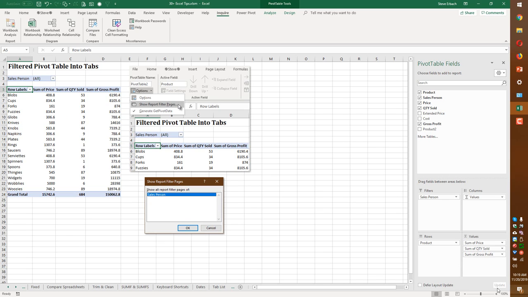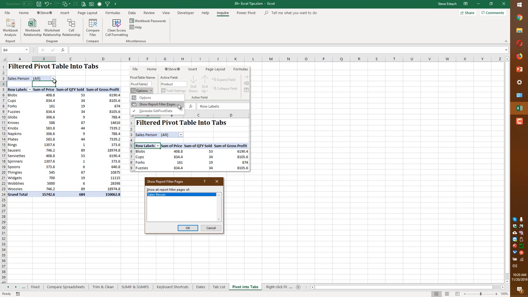So we've got this one. This is very simple. You can see that we've got the rows, we've got the product name, and then the 3 columns here are actually the summary values. And the filter is the salesperson, and in a pivot table, the filter is put into a drop-down list above the pivot table. So there's our 3 salespeople. What you can do,